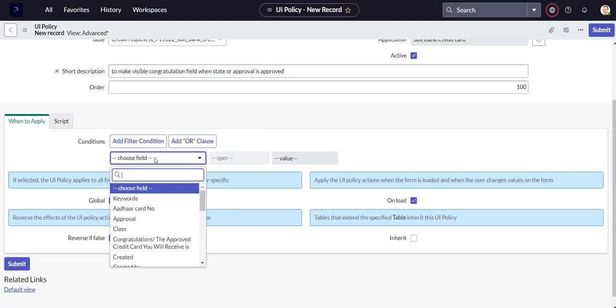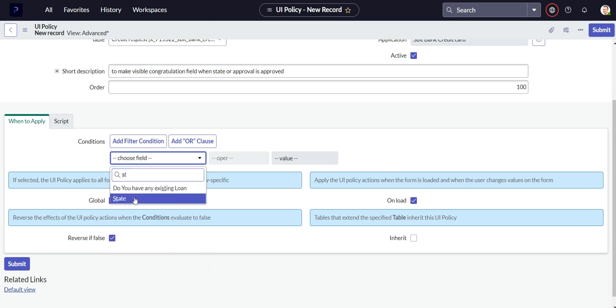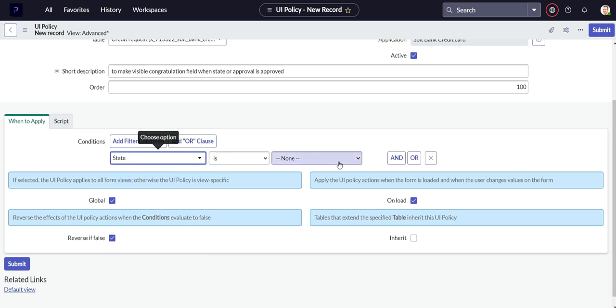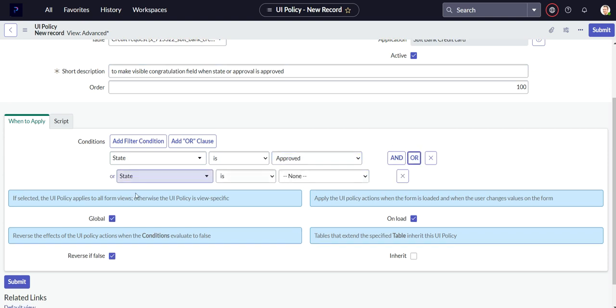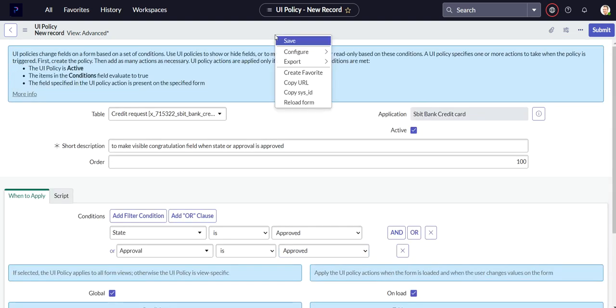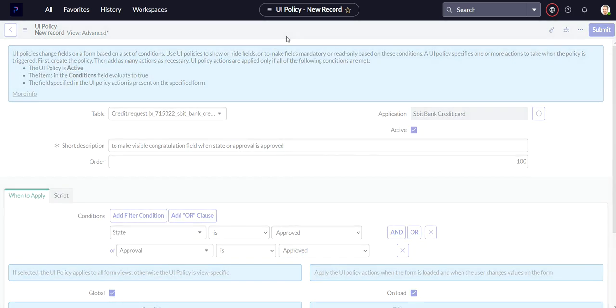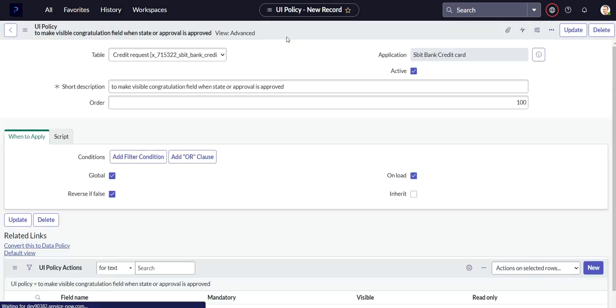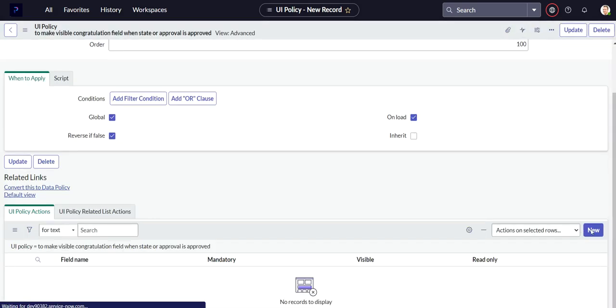And the condition will be like state is approved, or approval is approved, then it will run this UI policy. Now I have given the condition and I'm just saving the form. Right, I have submitted the form, and in the UI policy actions,